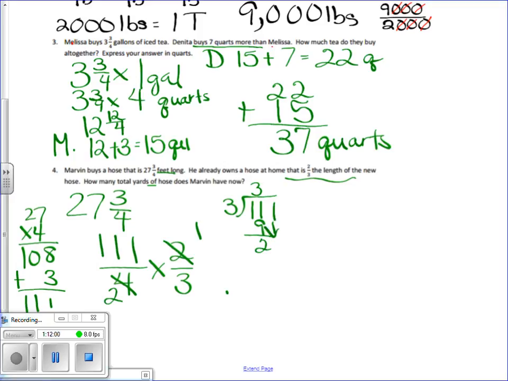Bring that down. 21, 7. So it goes in 37 times. That's a weird number. So that's a 1, and that's a 37. It's a whole lot better to do the simplifying in the problem than to have those huge numbers. So then I have 37